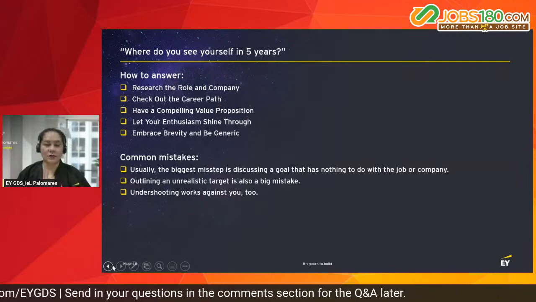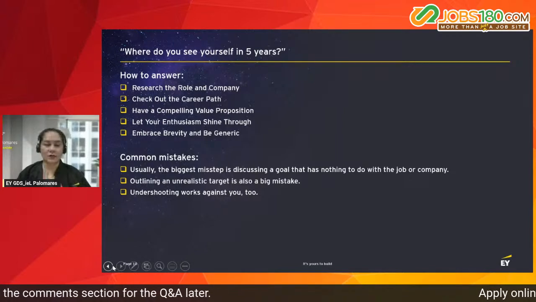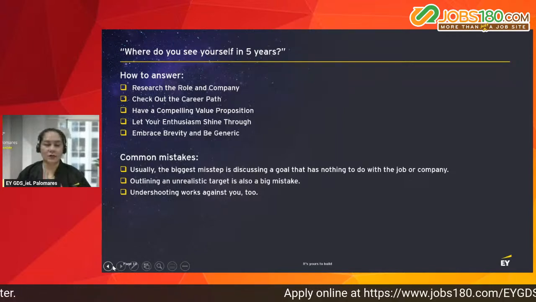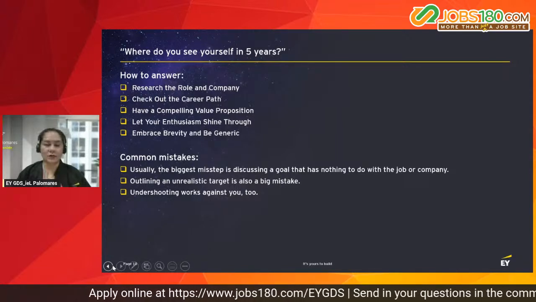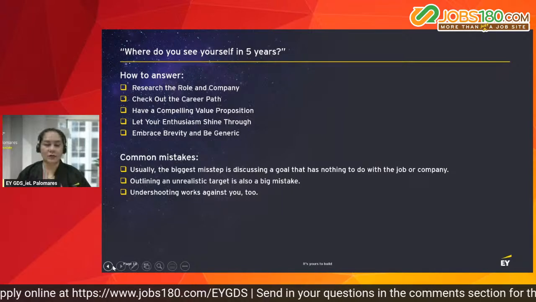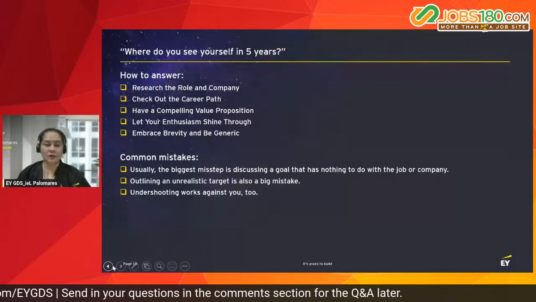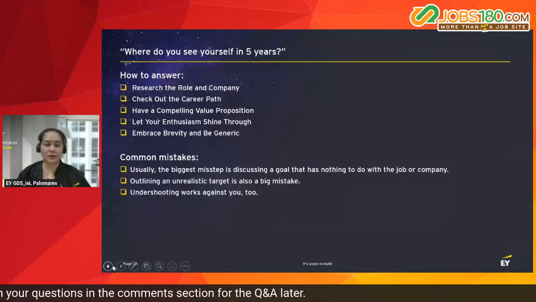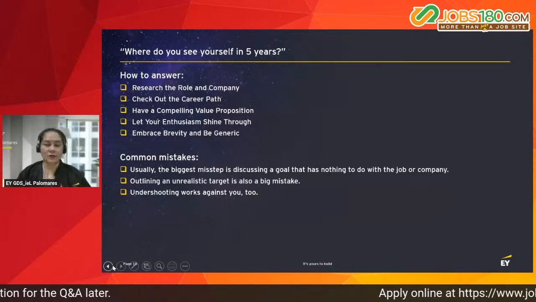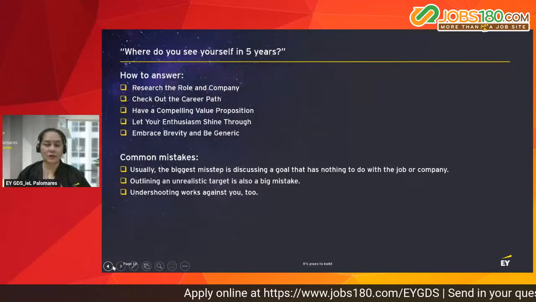I hope you can say it in a nice way. Hindi naman yung, by 5 years siguro ako na yung nasa position mo. Parang gano'n. So, syempre medyo arrogant yung dating pag gano'n. You can tell them that, in 5 years, I hope, relying on my hard work and, of course, my mentors, I will be able to at least be in a managerial post, hopefully, if not a supervisory post, something like that. Or if into business, let's say, so I want to